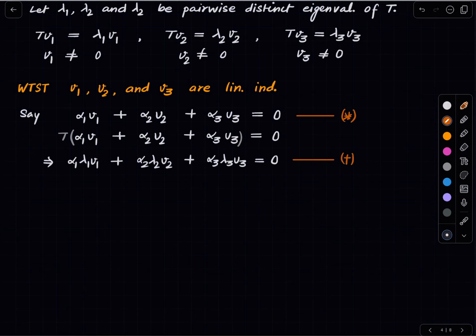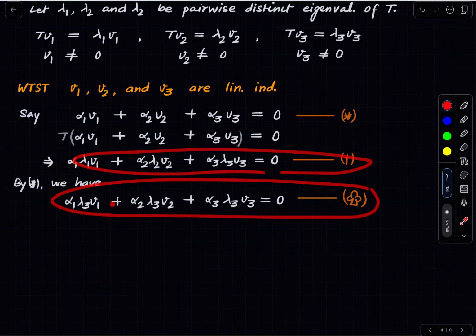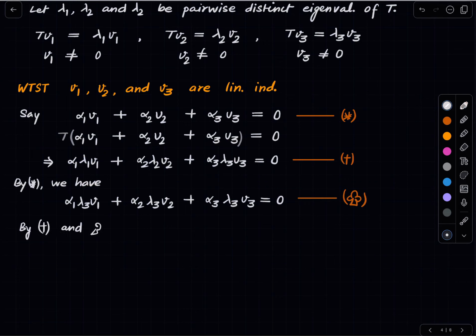Alright, fine. But like in the previous page, we will multiply this by lambda 3 on both sides. So we get, by star, this, and call this broccoli. So we have dagger and broccoli, so we just take the difference and this term will cancel out. So by dagger and broccoli, we get by taking the difference